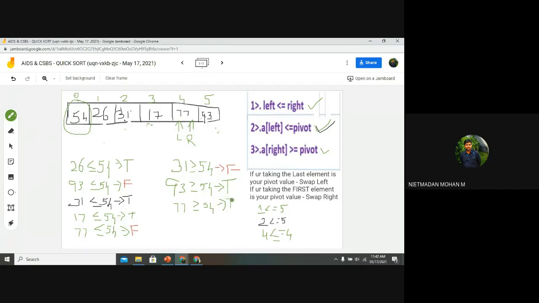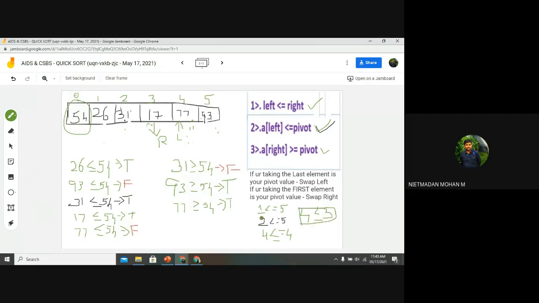So now what do I want to do? This right will be one step backward. So now this will become your right. And now you can check the condition. The left index value is 4, and is it less than or equal to the right index value, 3? Is this condition true or false?